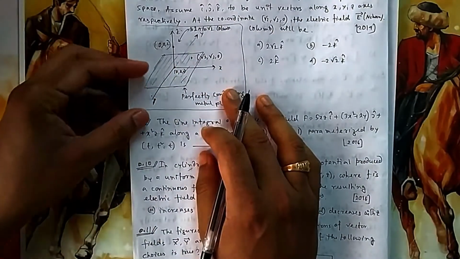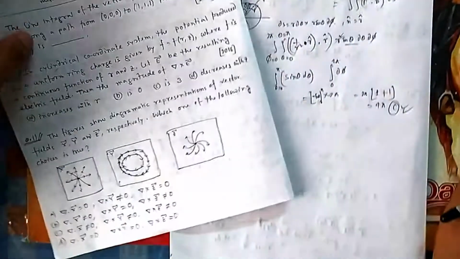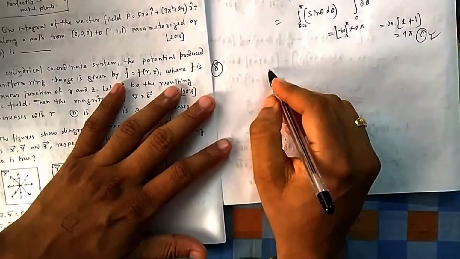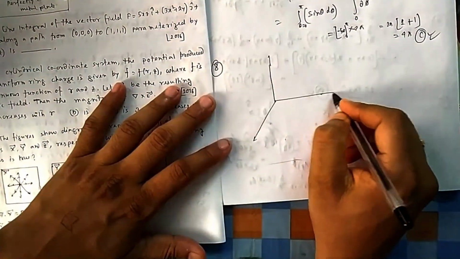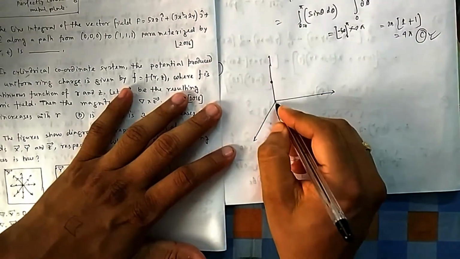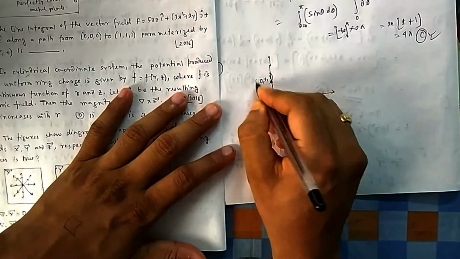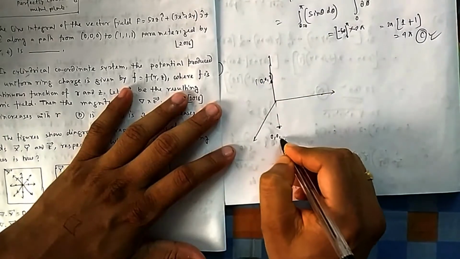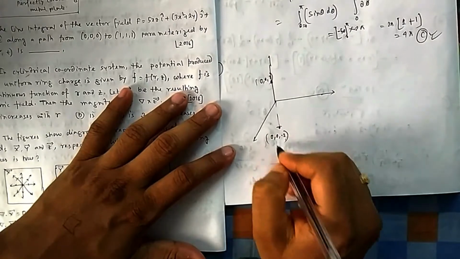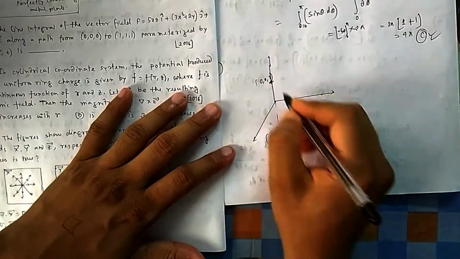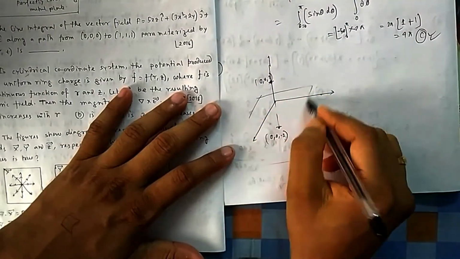Okay, so how to solve this type of question? Because there is a perfectly conducting plane, this phenomenon is observed by using the image charge concept. Because there is a positive charge, you have to consider the same equivalent negative charge at this position, 0 0 minus 2. That is known as the image charge of this one. And due to this there will be electric fields.